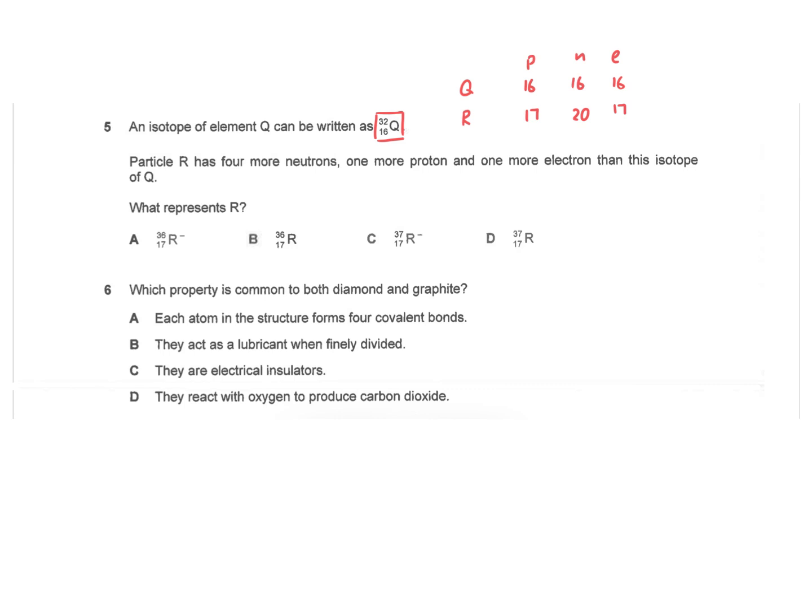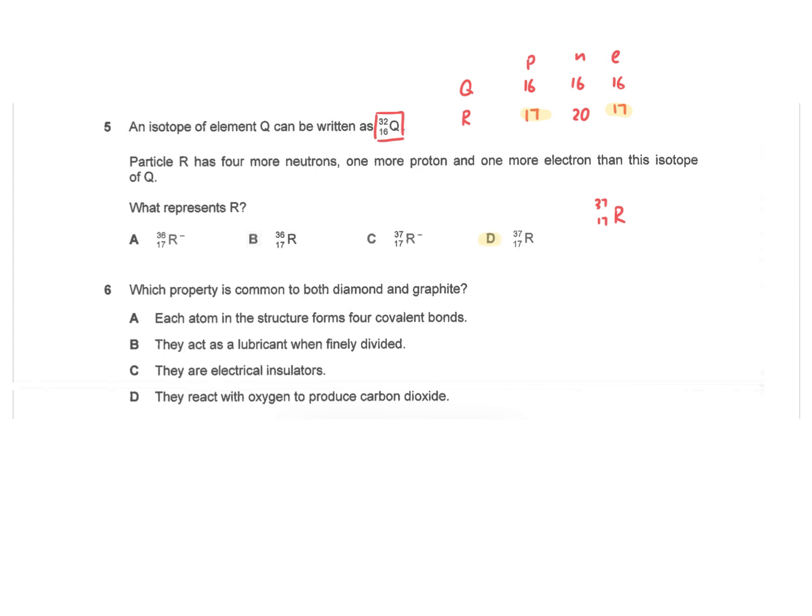So based on the number of protons as well as the sum of number of neutrons and protons, we can tell that R would have the following nuclide notation, which is 37 and 17. The next thing to decide is whether R is an ion or an atom. Since the number of electrons and protons are the same, R would be a neutral atom, so the answer would